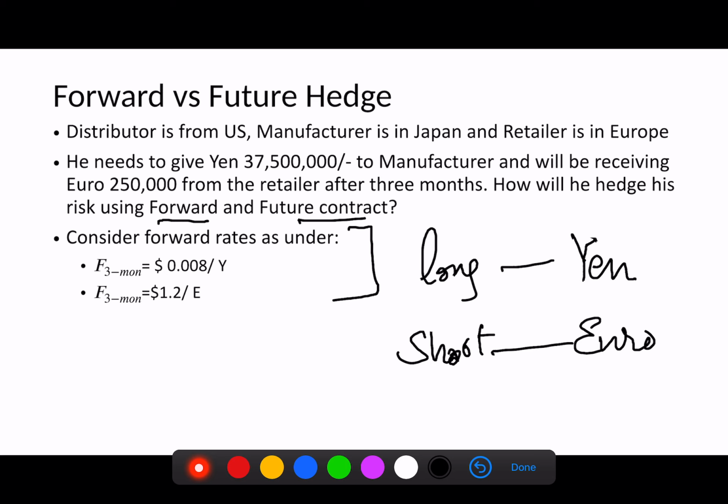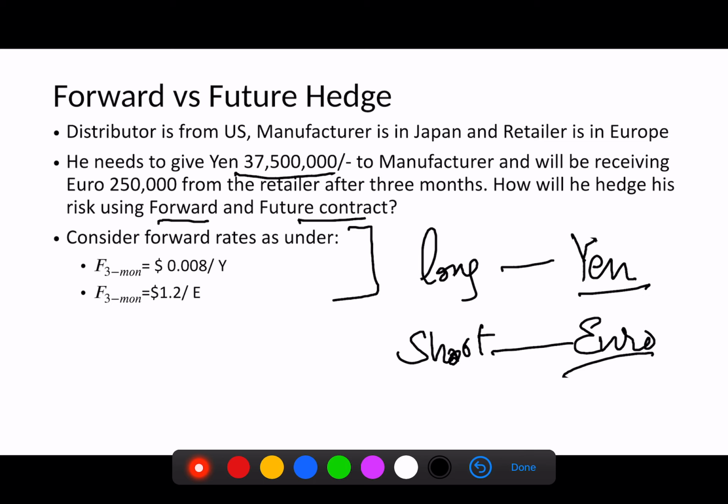So it means that you need to pay some dollars to buy these yen, and you need to receive some dollars by selling these euros. So in that case, you needed to buy